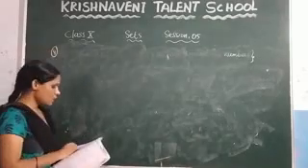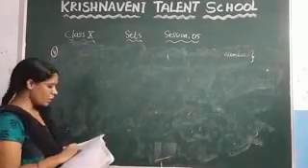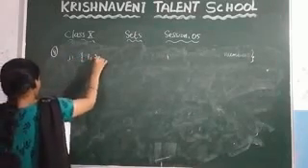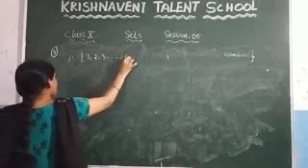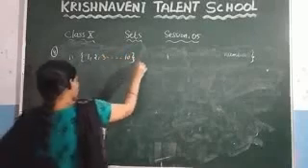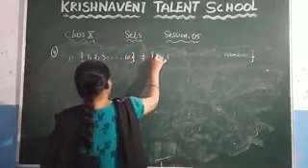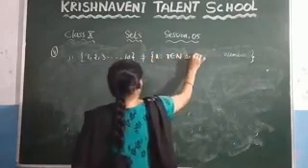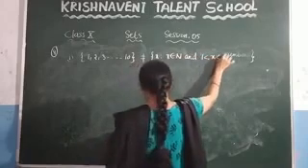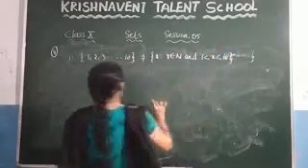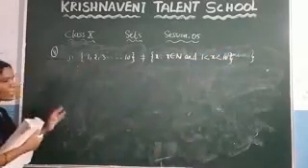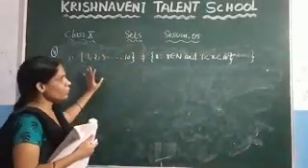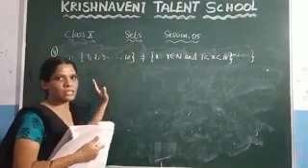What they said here, state the reasons for the following. In that the first question they have given 1, 2, 3 and so on up to 10 is not equal to x such that x belongs to N and 1 less than x less than 10. They said in the question that these two sets are not equal and you have to write the reason why these two sets are not equal.